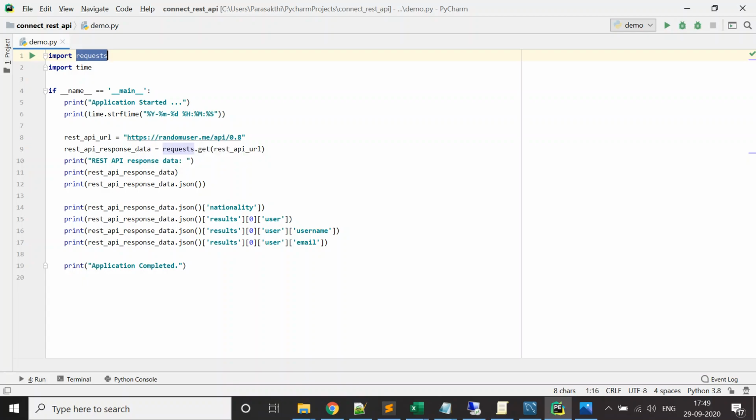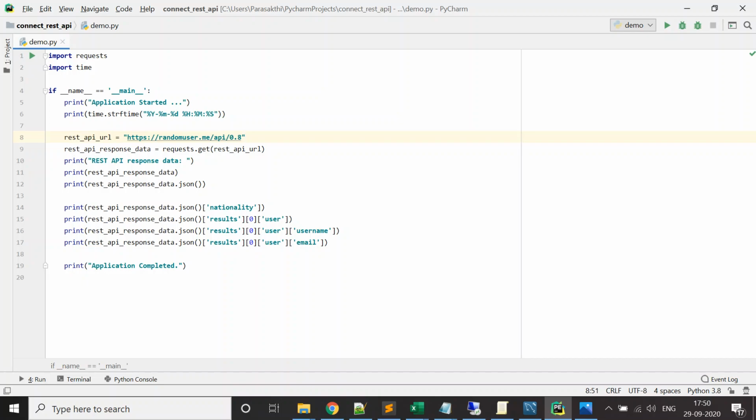First, you make a REST API call. You import the requests package, and the time package, which is a standard package; I'm just importing it to show the current time. And this is the REST API URL. It will generally have HTTP or HTTPS. So this is the randomuser.me/api/0.8 URL I'm going to use.